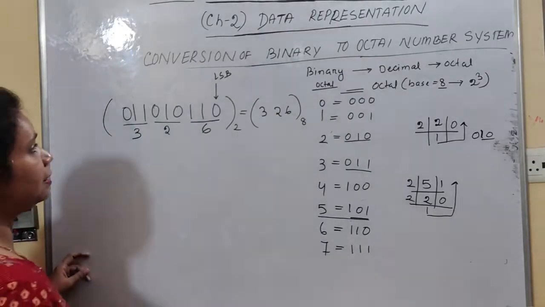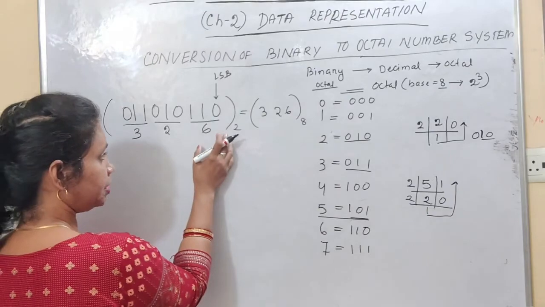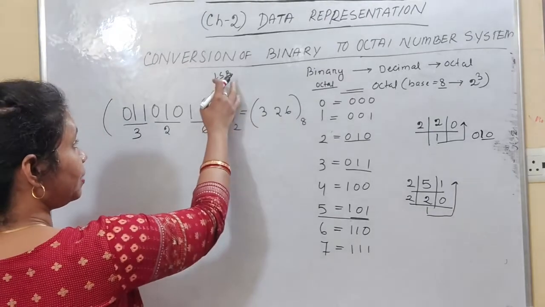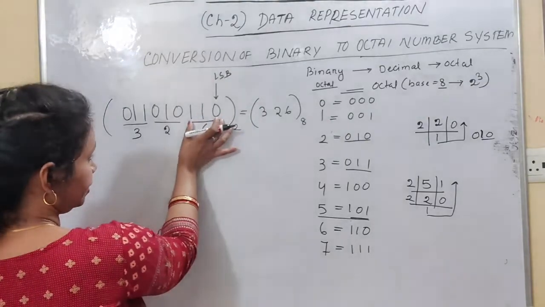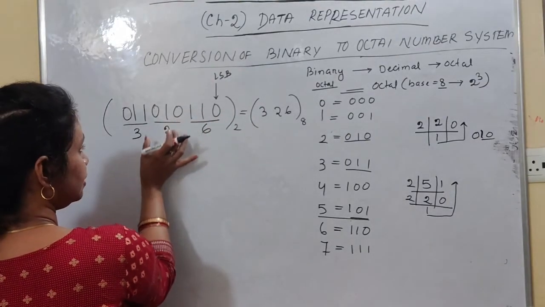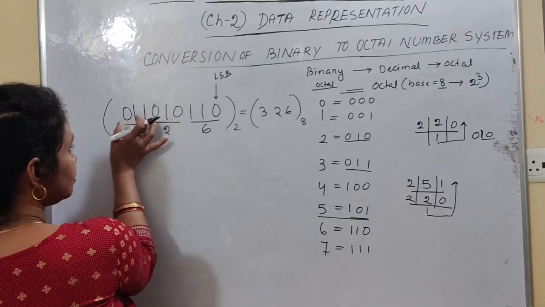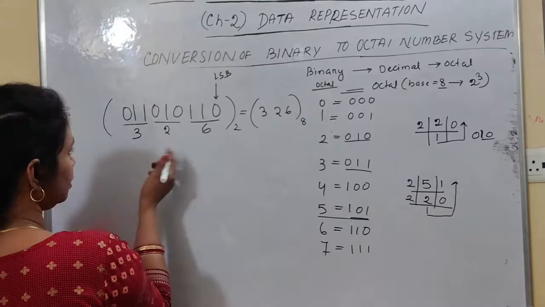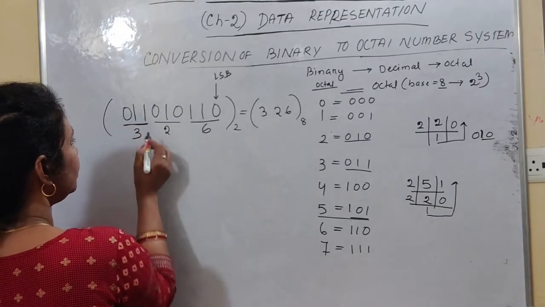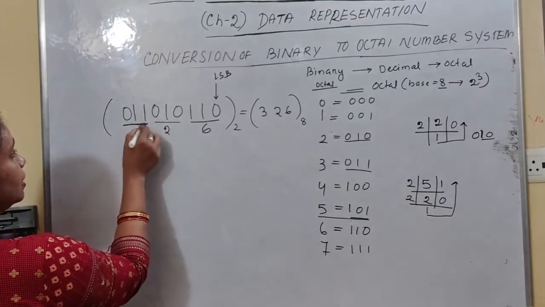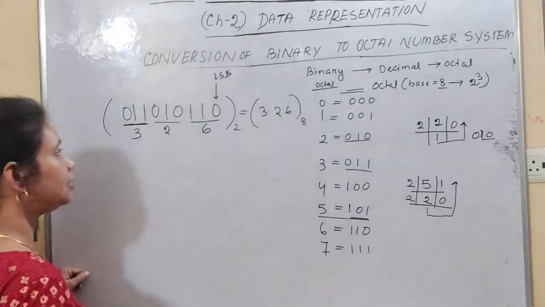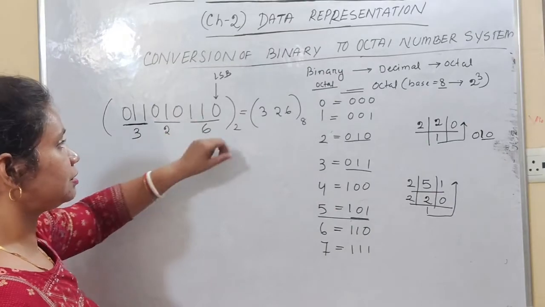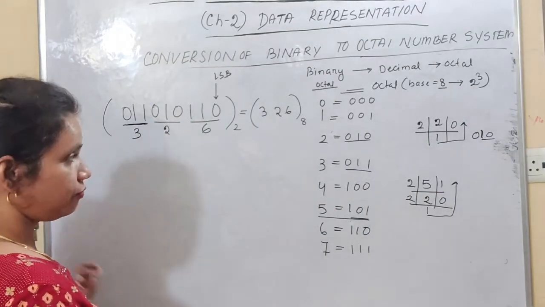Again I want to explain. First you write the binary number, and after that group in 3 bits starting from the LSB. Here I have made a group of 3 bits, another group of 3 bits. Here 2 bits are there, so I added a 0 to make 011, and made a group. Now you have to find the equivalent octal representation of these binary bits. Is that clear? So this is 011, that is 3, 010, that is 2, 110, that is 6. So this is 326. Hope all of you understood.